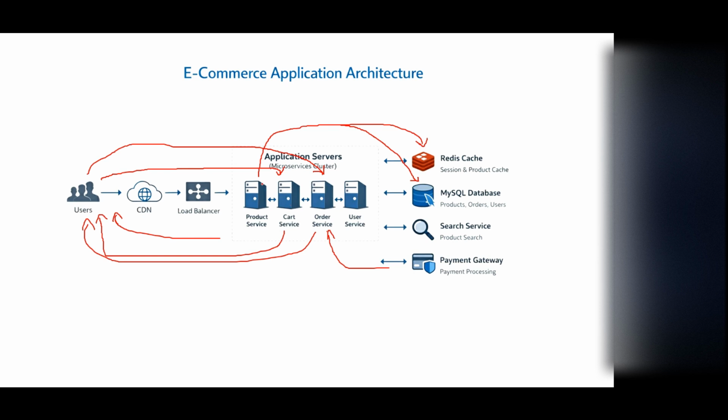In our case, if we are trying to hit the cart service, internally it is going to hit the inventory service first, and it will verify whether inventory is available or not. If inventory is available, then only it will add the item to the cart. Okay, so this kind of internal API calls is going to happen on the back end,